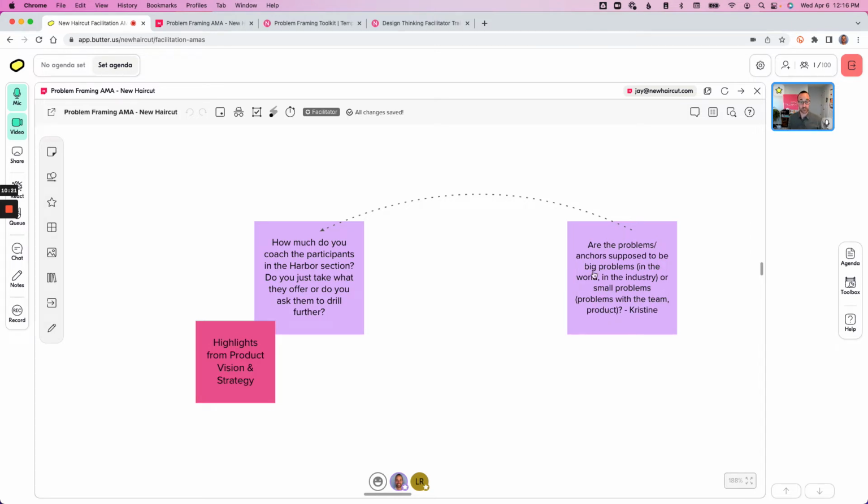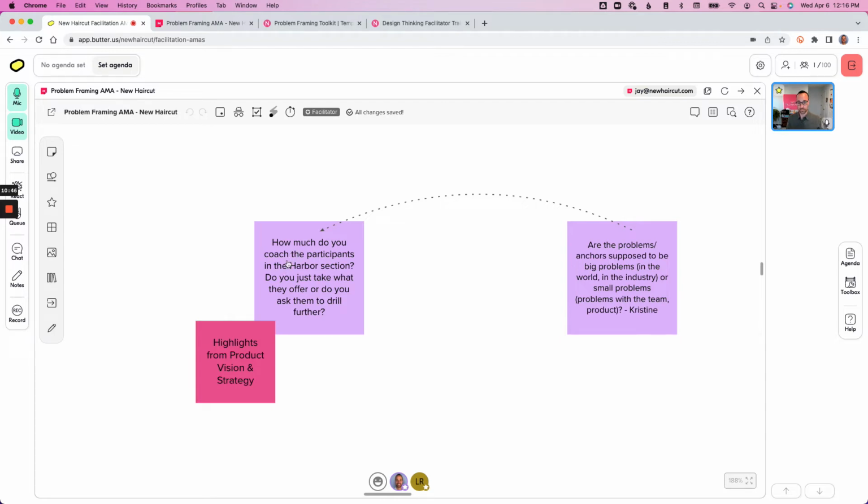But at the start, what this question is asking is, should they be big or small or specific or industry focused? That's really up to the team and what's important and what's on your strategic roadmap and what you're trying to solve. But problem framing will not break or is not suited for one thing or the other. And then the related question is,